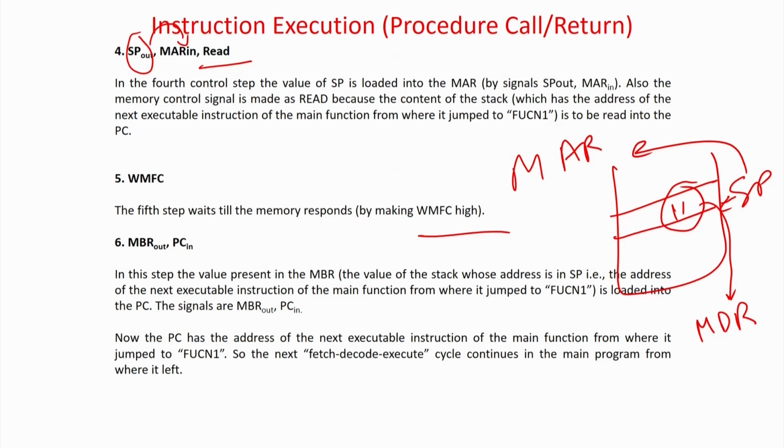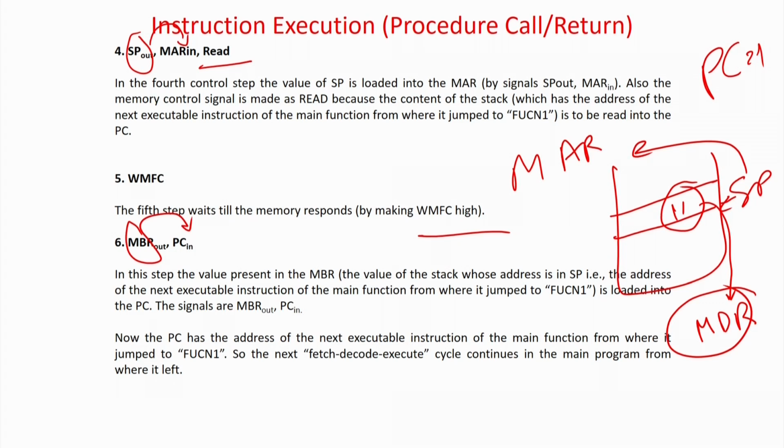After that, only one thing remains: you take this value from the memory buffer register or the memory data register and put it in the program counter. Now your program counter will have the value of 11 and you start executing from there, as simple as that. So, call and return are very simple. Call is just a jump instruction, but before making the jump,